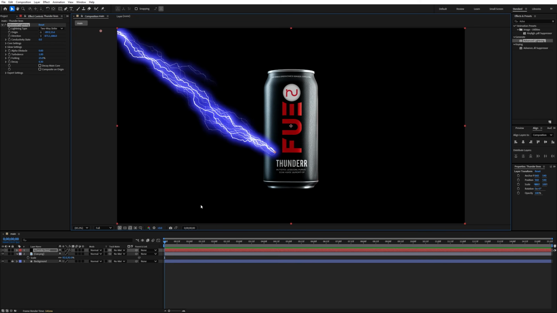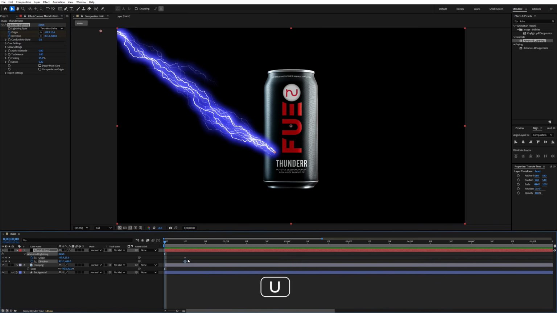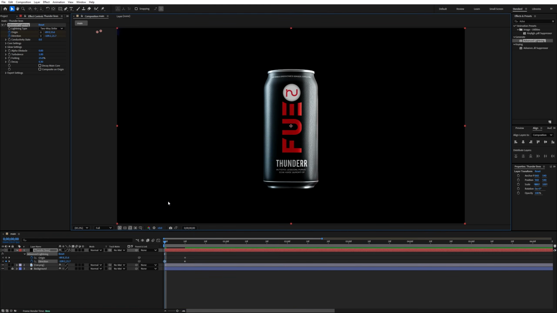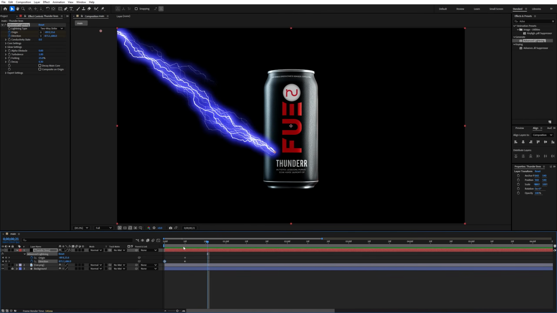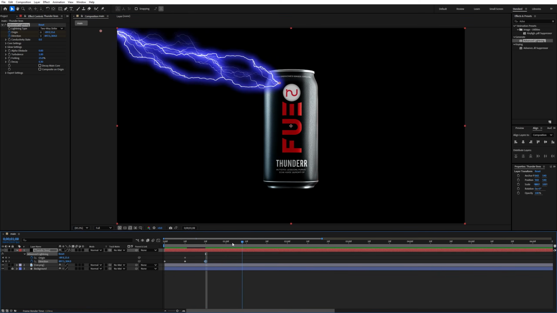And guys, I will add keyframes. So let's go to around 5 frames, then around 10 frames, and add the origin keyframe and direction keyframe, and go to the starting and select this direction point and move it to the top left corner. Now the thunder light is coming from the top corner to the can. So guys, go to around 20 frames and move this direction point to the top,